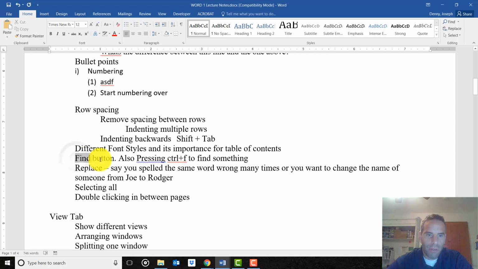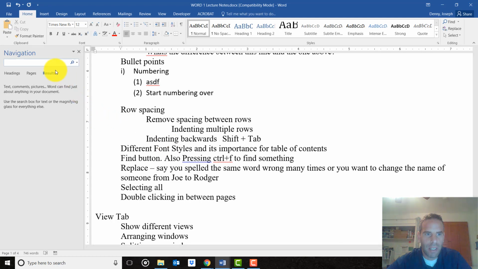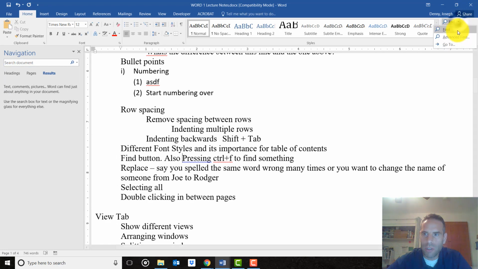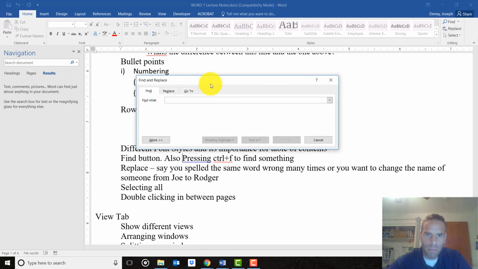There's this button called the Find button you may have used before. You can press Control F to find a certain word in a document. So try that, press Control F, and it brings this navigation menu up. But that same Find button is right here on the right side. And so you can click on Find and it'll also bring this up. But usually for advanced finds, if you want to, say, find something and maybe replace it, you can do the advanced find. It'll bring up this